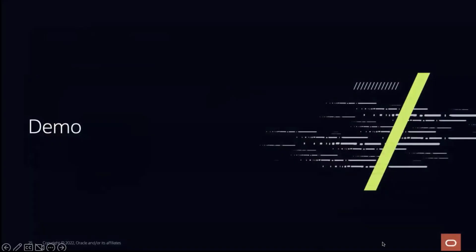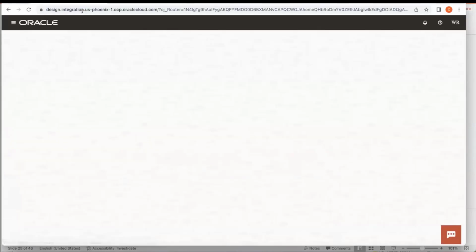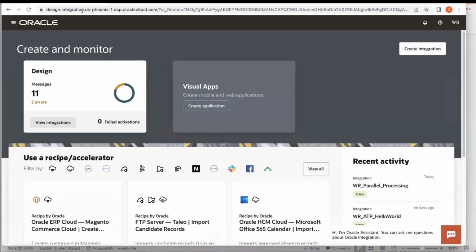All righty, so now let's shift gears into the demo. I am logged into an OIC Gen 3 console. The way that you get here is through the OCI console. You'll go to developer services, but I've skipped all the boring navigation stuff and gone straight to the source in OIC Gen 3. So this is the home page, and as you can see, it looks kind of similar